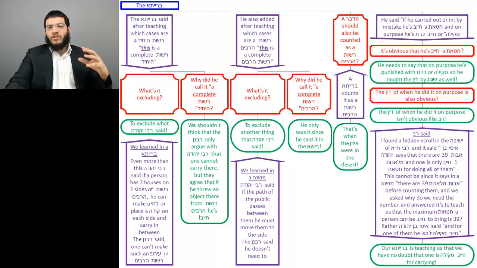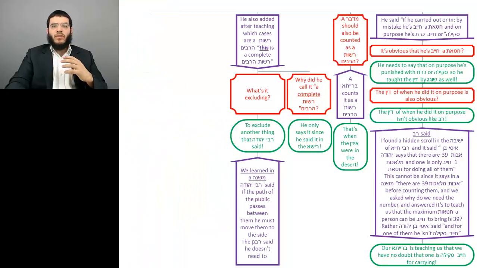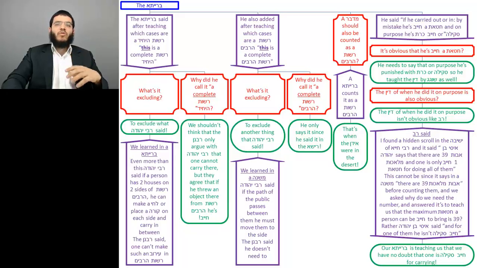So here we have the 4 questions of the Gemara, and we'll briefly go through them. In the first piece of the Gemara, we asked why the part of the Brisa that gave examples of Rosh Hashanah concluded and said, Zuhi Rosh Hashanah, this is the Rosh Hashanah. What's the Brisa excluding when it says this is the Rosh Hashanah, the examples we gave, and not something else? What's the something else? We also explained why the Brisa says Zuhi Rosh Hashanah Gemura. Why does it add the word Gemura?